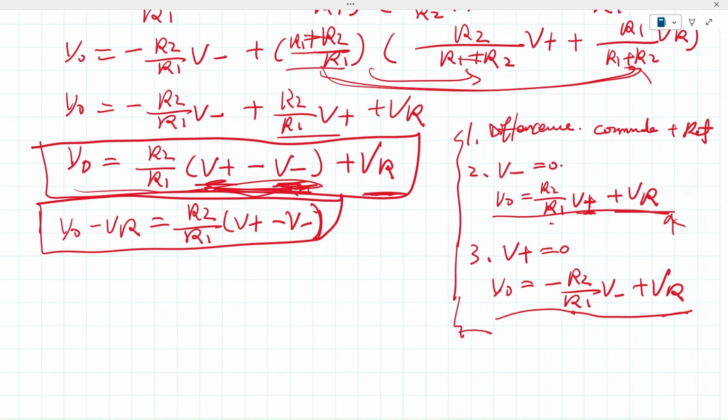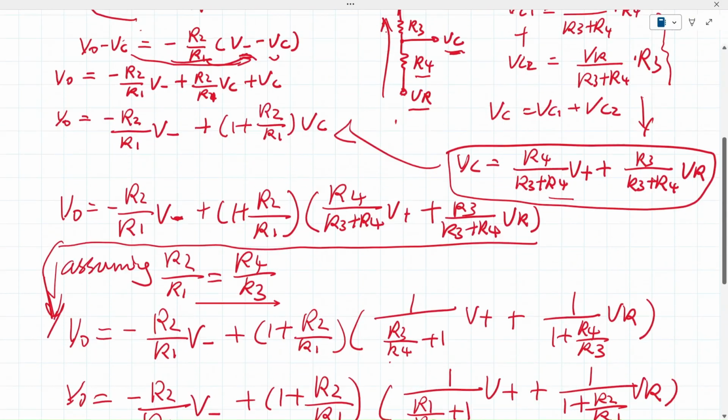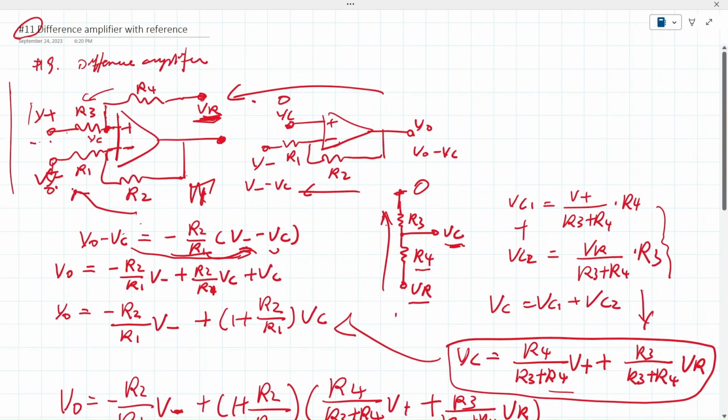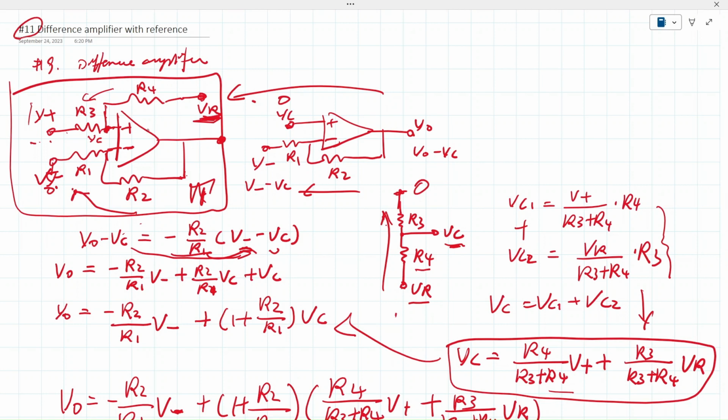So basically, with this one simple circuit, one op amp with four resistors, by using different ratios and different resistors, you can implement a whole bunch of linear